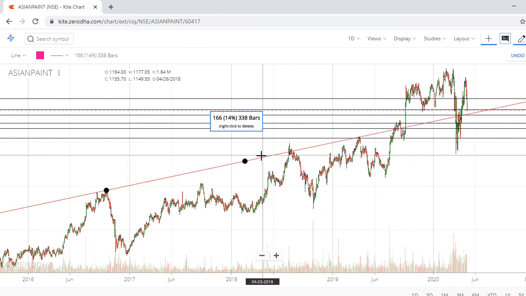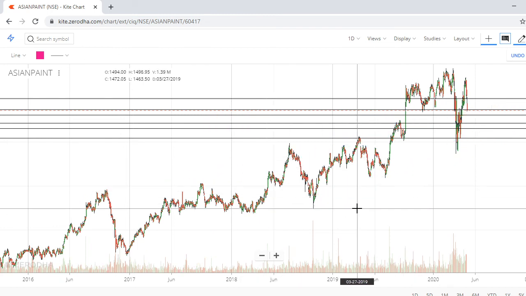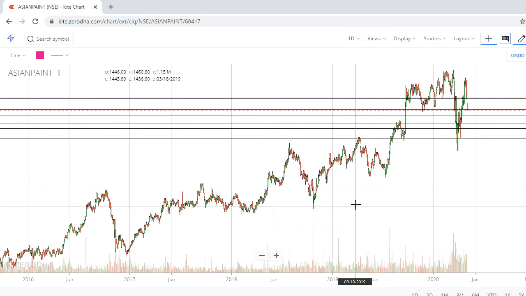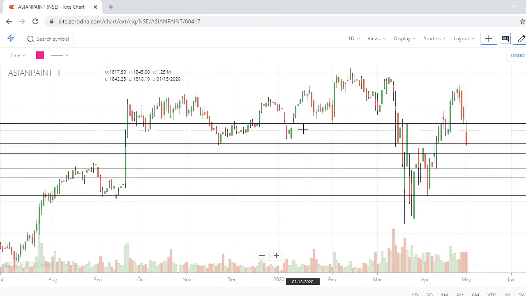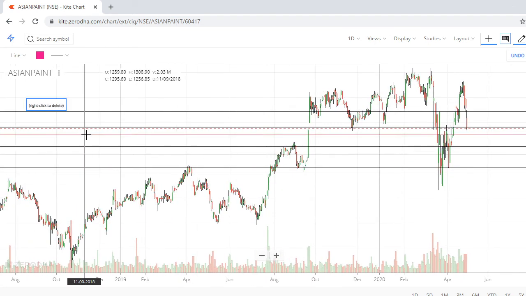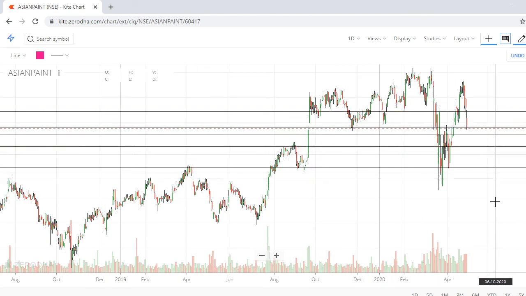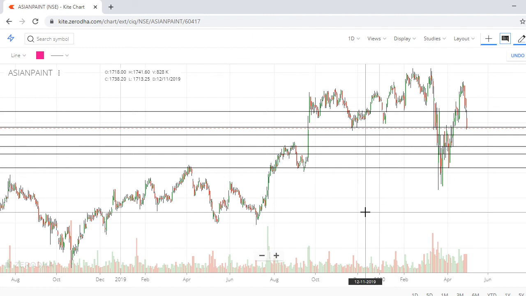But either way, drawing lines can never make you a trader. What can make you a better trader is how well you try to understand the chart. So first you should understand the candlestick, then this support resistance line, then the trend lines. By using all this, you can conclude what the stock is going to do in the coming sessions. So you can see the future of the particular stock or index you are observing. Once you are an expert at that level, then you can jump into the live market.